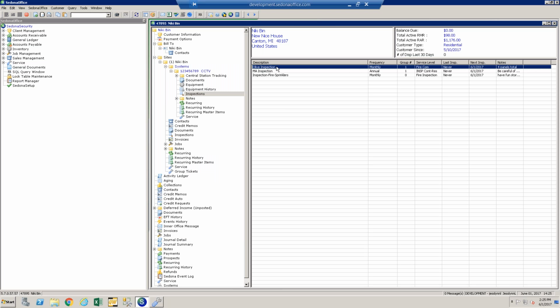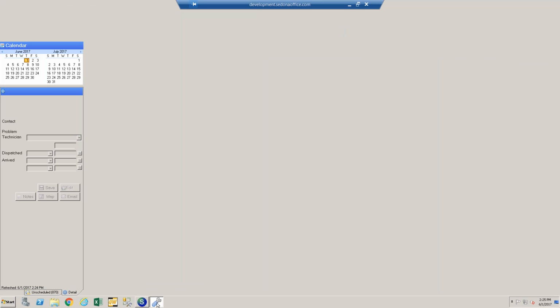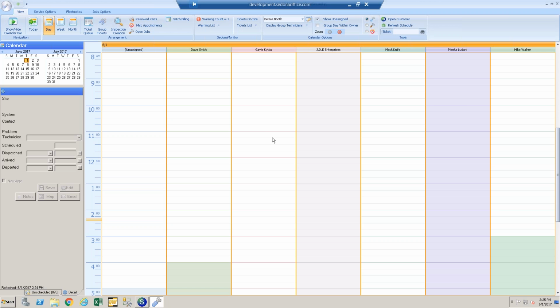All right, so that's inspections top to bottom there, the creation of the record. So now let's go out and actually look at how these tickets get created. So this is the service module. Most of you are probably familiar with looking at it in the day view, which is what we're in now,